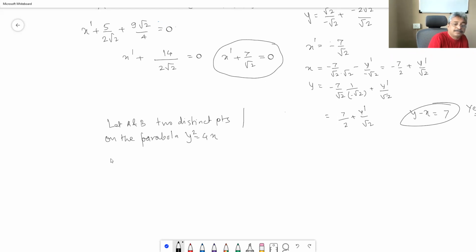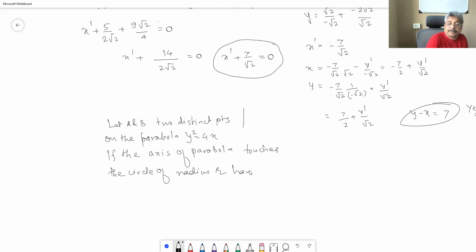If the axis of parabola touches the circle of radius r, having AB as a diameter, then slope of the line joining AB is